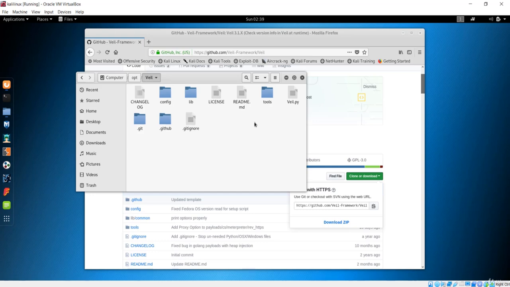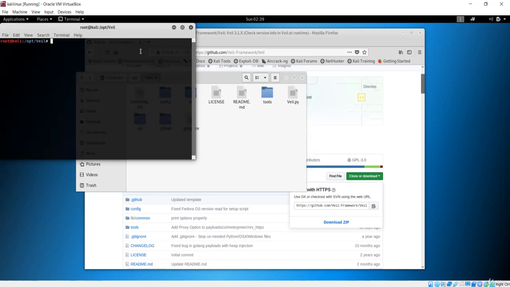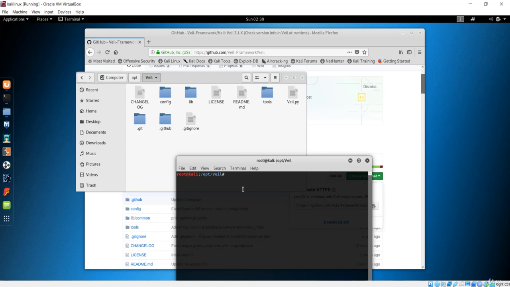These were automatically downloaded by git, and now you can go to this config folder, which contains all the libraries and the set of files, and basically we can do every configuration from this config folder. But you can see that we have this Veil.py. If you open a terminal and list the files, you can see it is green, so the application is showing that it is executable. In order to execute that file, all you need to do is put this command and Veil.py.